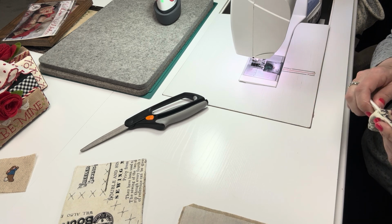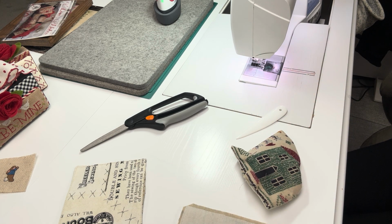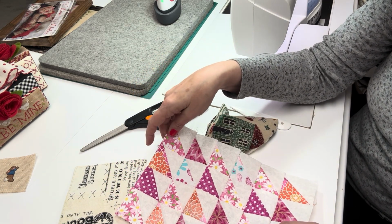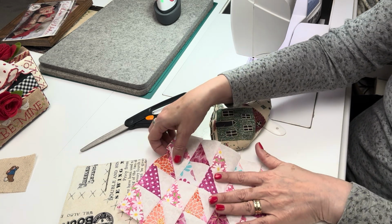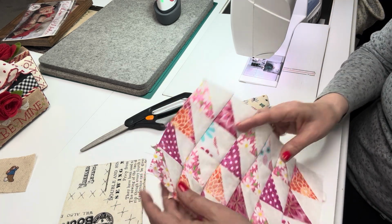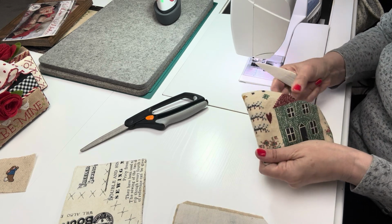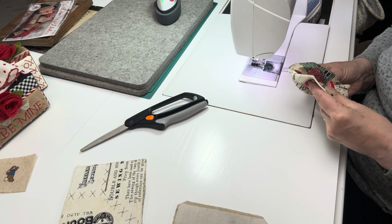I've got a piece over here, and you know what it was from? It was the cut off triangles from that heart quilt that I just showed you that my mom did. And this is from the blocks I made, and I cut off the triangles and ran them through and made half square triangles. I think this is going to be a big enough piece for me to do a baby bib out of. But that's sitting off to the side, and I haven't quite gotten to that yet. So anyway,